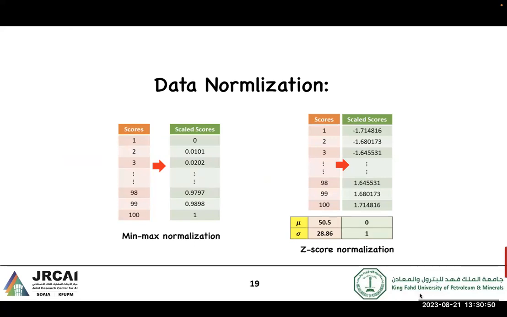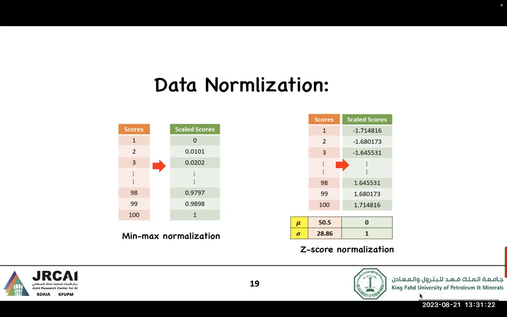After the encoding step, we have to do the normalization of the data. Of course, these kinds of steps should be automatic. The programming tool will do it for you, but here we try to understand what's going on behind the scenes. We have two kinds of normalization because sometimes we forget about this step, and our results will not be good. That means you have to do the normalization step.